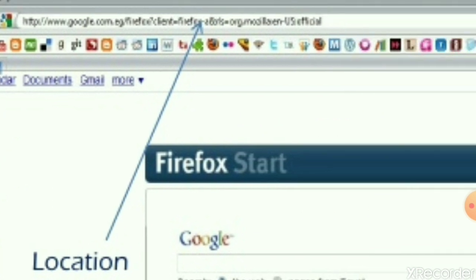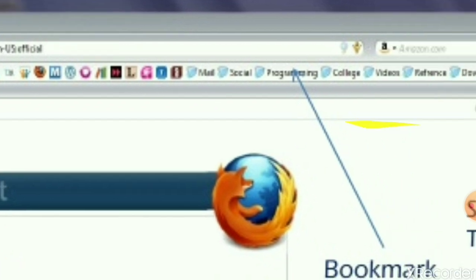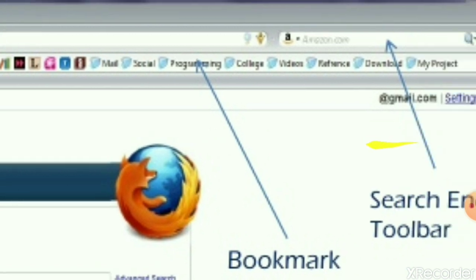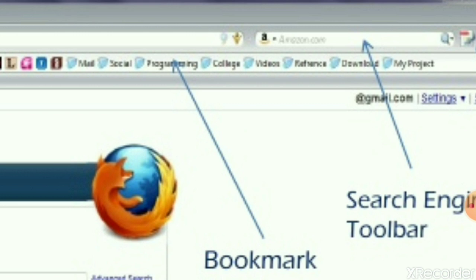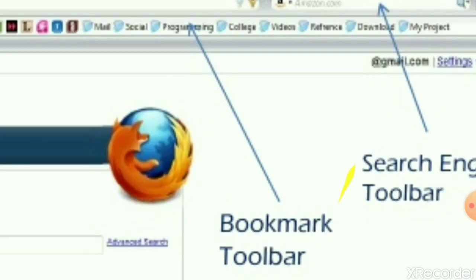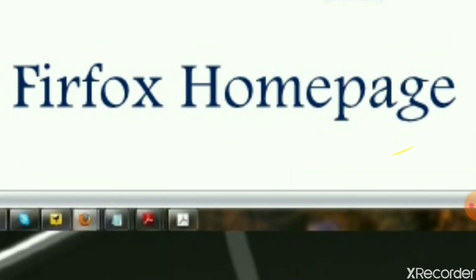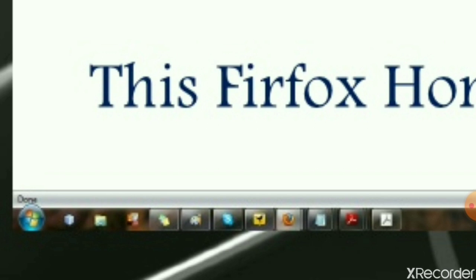Next, on the right side you will find some bookmarks. We are going to discuss the bookmarks clearly. Let me first explain some of the parts or options which are available in Mozilla. Another one is the search engine on the toolbar, which you can see at the top of the screen. And below you will find a status bar, where you can see what applications are opened in your web browser.